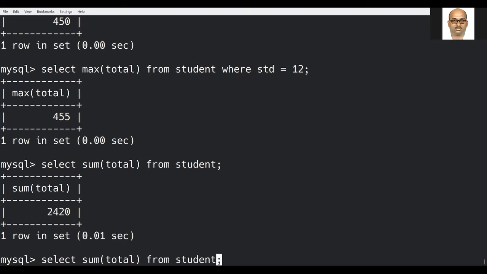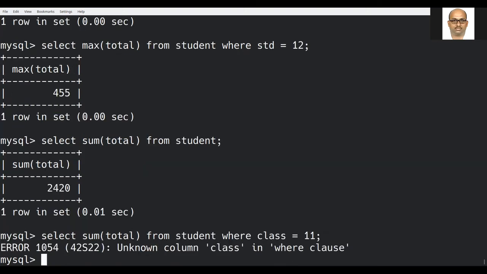Can I apply a condition here? Yes, we are free to apply a condition here where class is equal to 11. That is, my question is, what is the total obtained by the students in class 11?